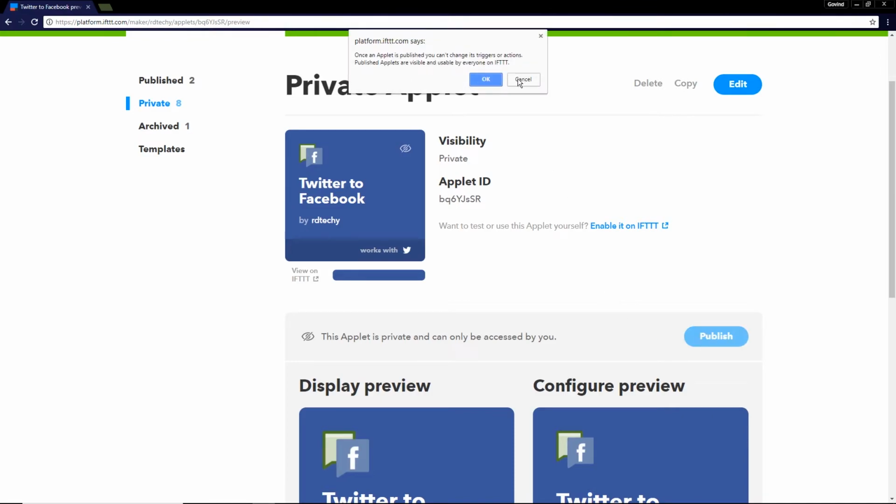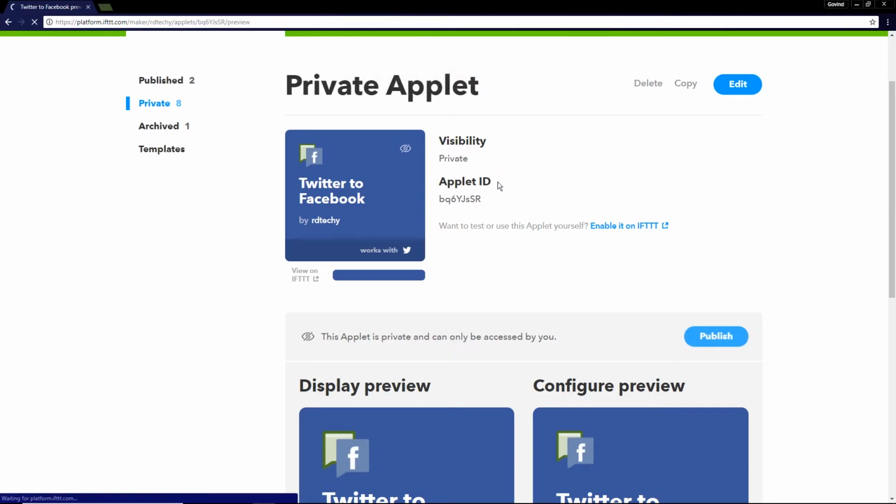So the thing with publishing is once you publish, like it says in the warning, you can't really change anything. You can unpublish and delete, but if anyone started using it in the time between you publishing and you unpublishing or deleting, it will stay on for them. You won't be able to remove it for them. So that's something to keep in mind, but I'm all right with this being published. I'm going to go publish, and